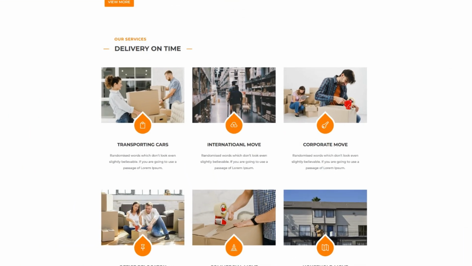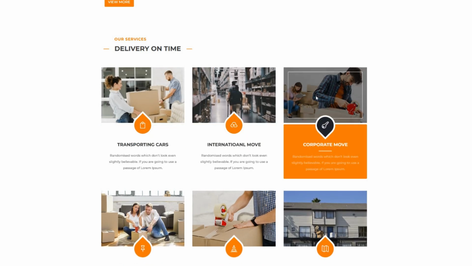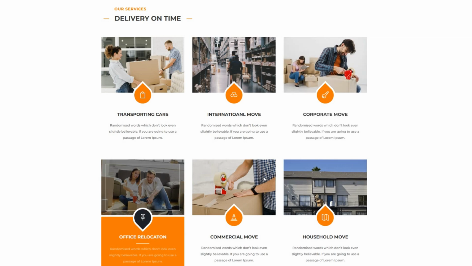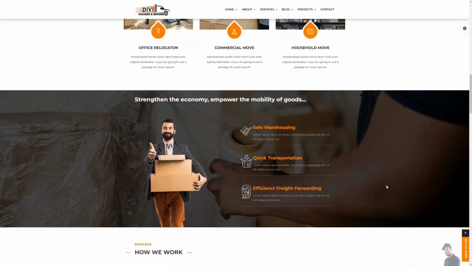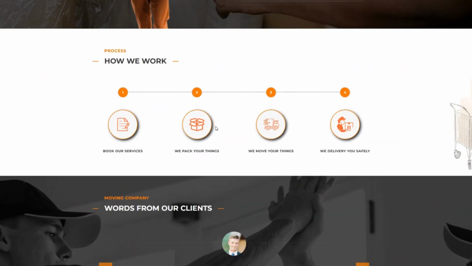Next, we explore the services section, where each service card comes alive with interactive hover effects, providing an engaging way for clients to discover your offerings. The process section neatly outlines your workflow, making it easy for potential clients to understand your methods and trust your